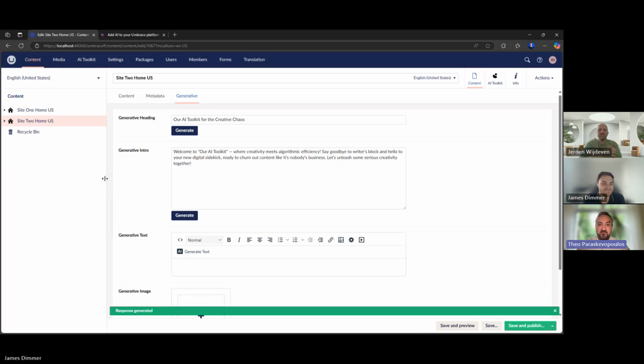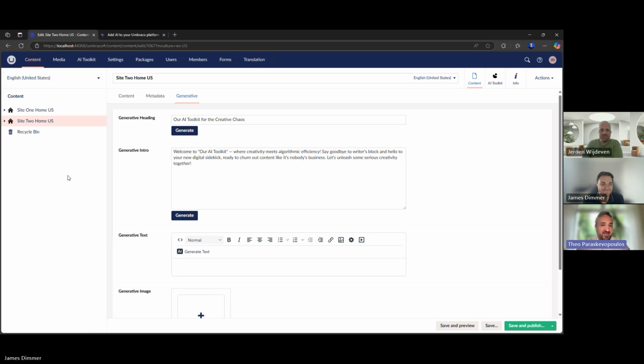Excellent. It's crazy to see. I mean, if this is punk rock, three chords and you're off, it's crazy to see what the promise of the technology will be. Just to round things up, James, how can developers now install and customize the plugin? Where can they go and get it?